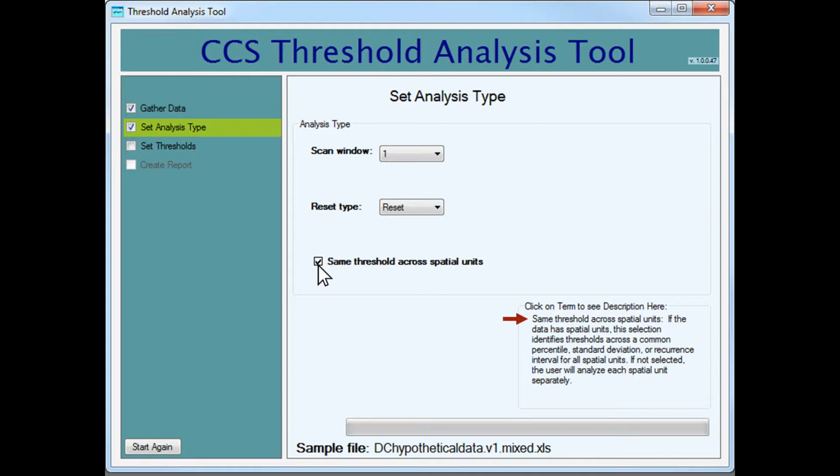The Same Threshold across spatial units option is available for datasets that contain spatial units. Selecting this option will force the TAT to apply the same statistical standard across all spatial units of the data. This option does not allow for thresholds of spatial units to be edited one at a time. Any edits will impact the thresholds of other spatial units. If not selected, the TAT will analyze each spatial unit separately. To learn more about analyzing different thresholds for different spatial units, watch the video Using the TAT with Spatial Units,